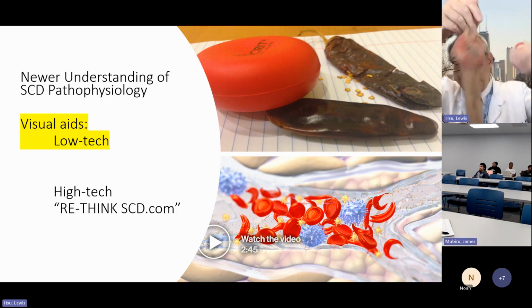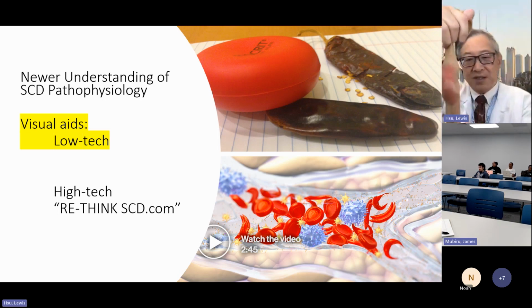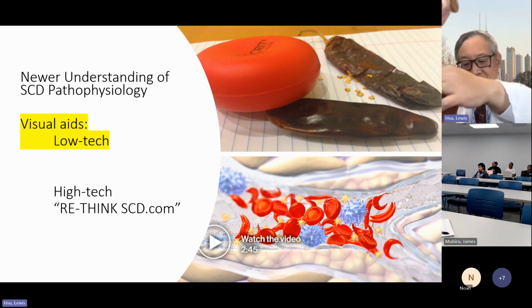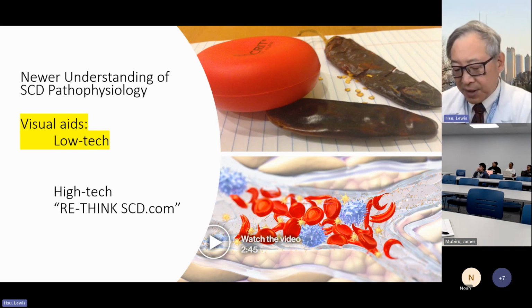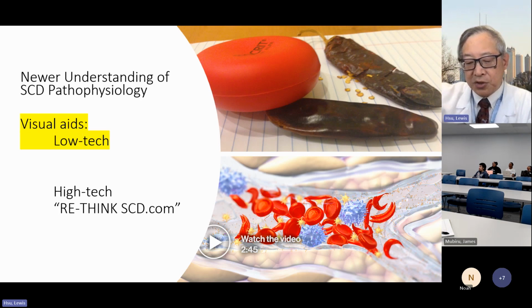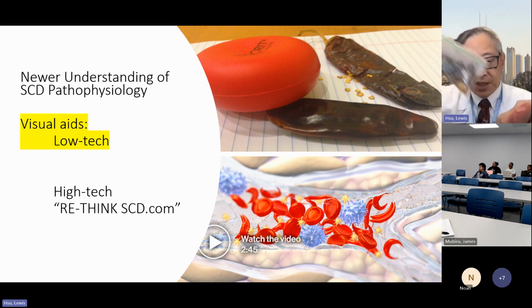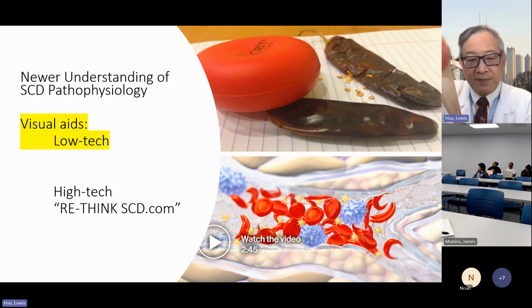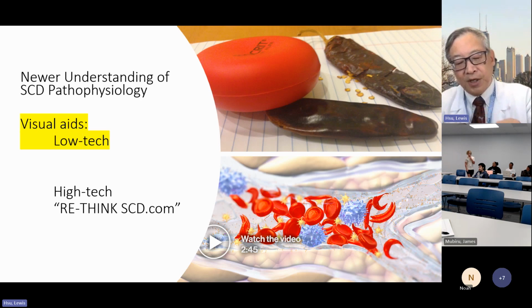So this blood cell, even though it's not sickled, is also getting stuck. You see, it's kind of stuck because of the adhesiveness. And so these properties are now part of the new understanding of sickle cell disease, that in addition to the shape, there's also adhesiveness, there's hemolysis, there's tight blood vessels, vasoconstriction, but you can fight some of this with better